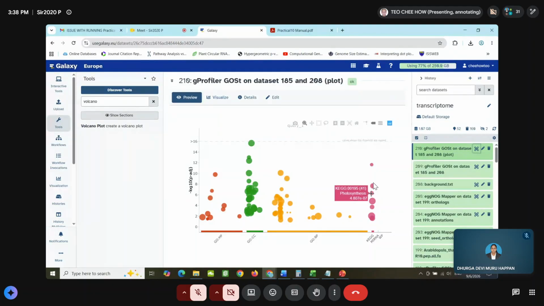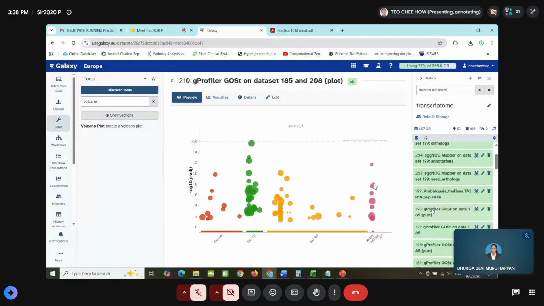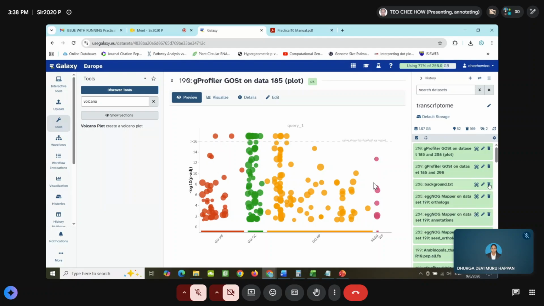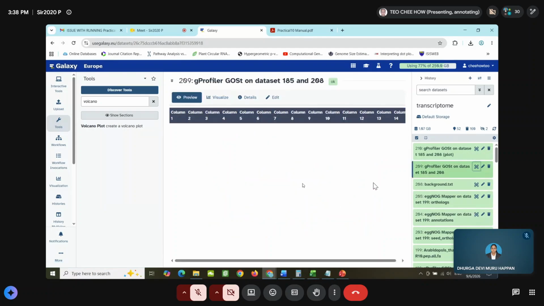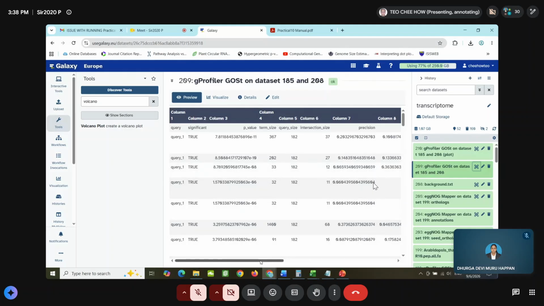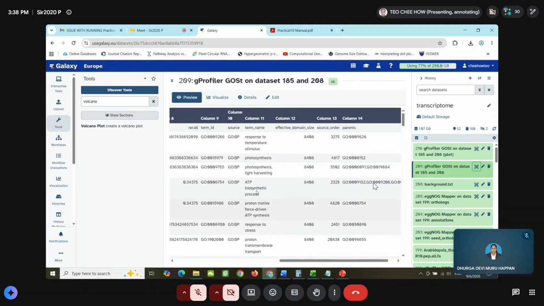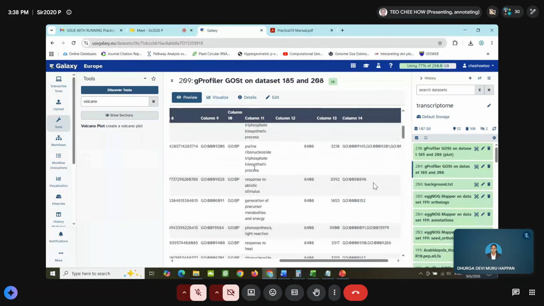So I believe there's nothing different. Let's see what the result generated is. Still response to temperature stimulus, photosynthesis, light harvesting, right? Respond to stress. So you're still having the same.